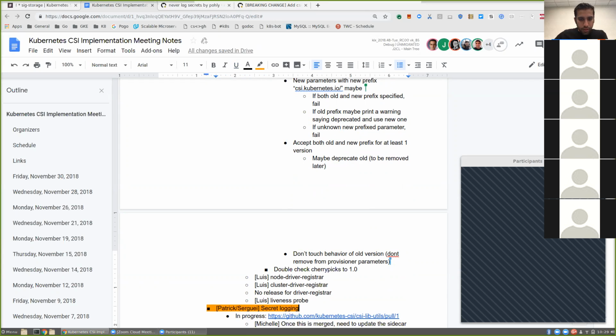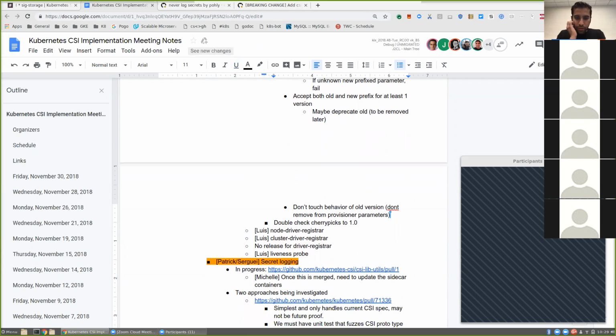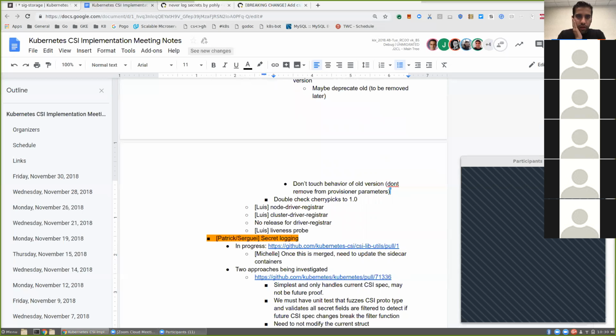Next are the two node and cluster driver registrars. How far along are these, Luis? I have the PRs waiting and ready. They're in my section, I put them there. In terms of usability, are they just copying over the driver registrar code right now?